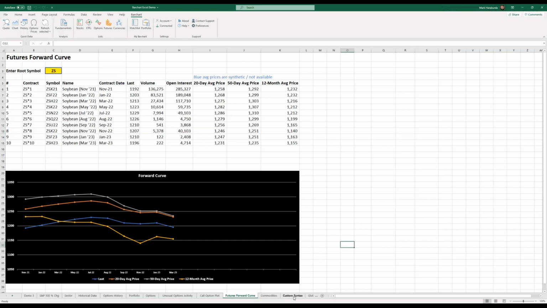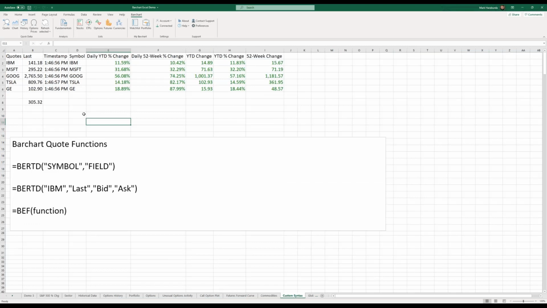So I've got one other feature to show you, and that is our custom functions and custom syntax. Most of the things I've shown you have all been driven by the Barchart ribbons at the top. If you want to build your own quote boards, build your own analysis, work perhaps even quicker in Excel, you could do that with our custom functions. Right here, you could see the two